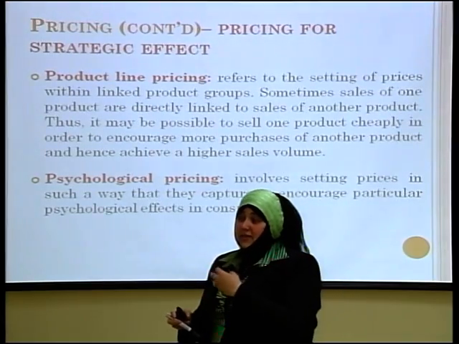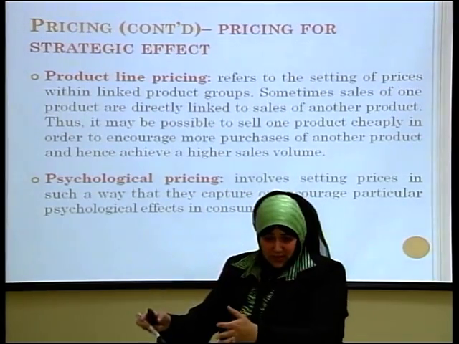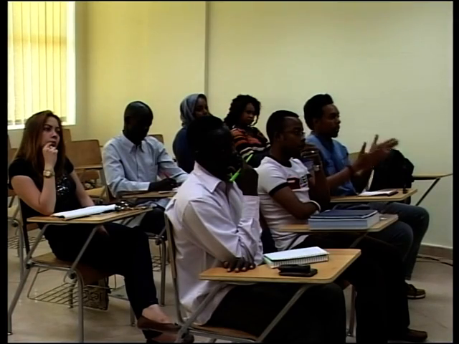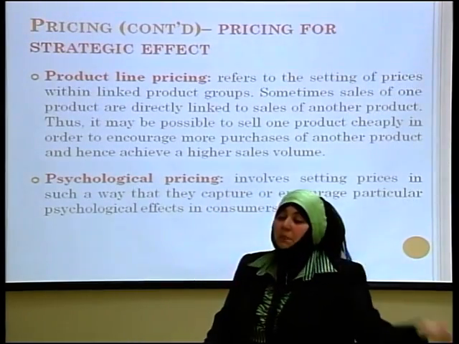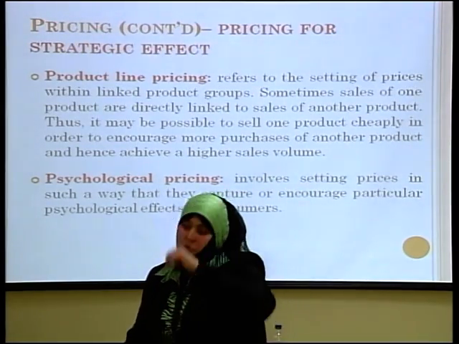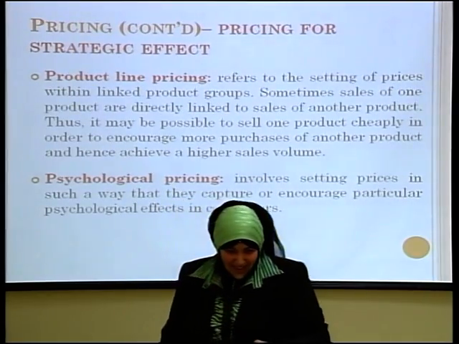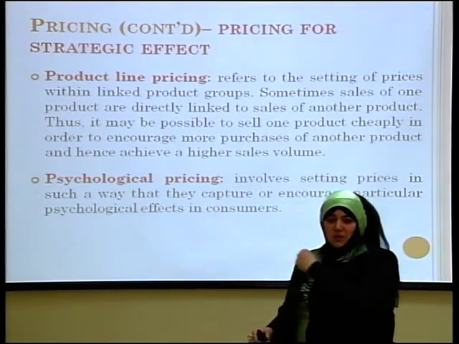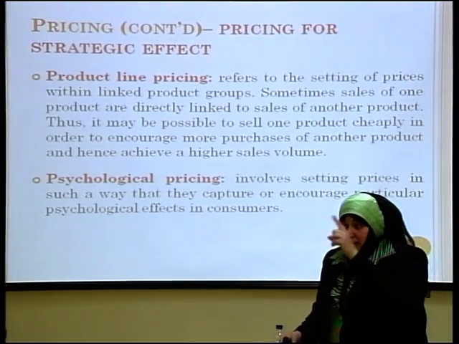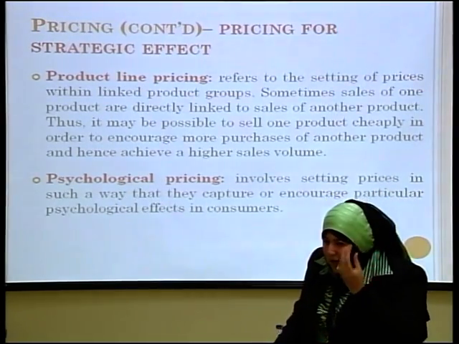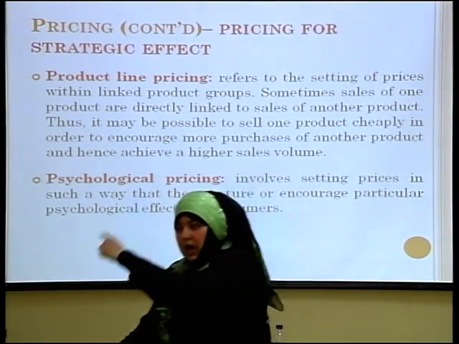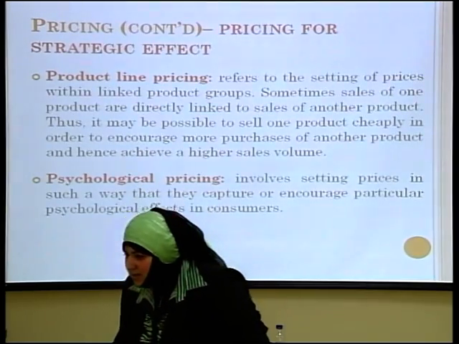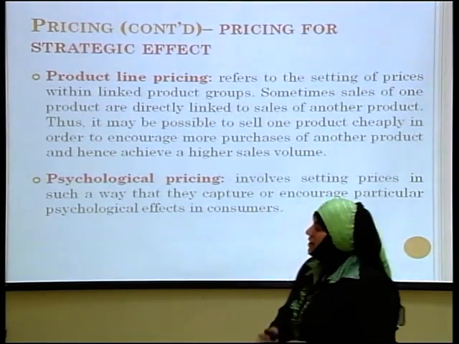In your book, they have the games and the game consoles. When they offer you the games with reasonable price, they will encourage you to buy the games, perhaps with higher price. So this is what they mean here. Sometimes they price one of the product at reasonable price or lower price to encourage you to buy it, and then you will have to buy the other product which is very related to it. You got that? Okay.